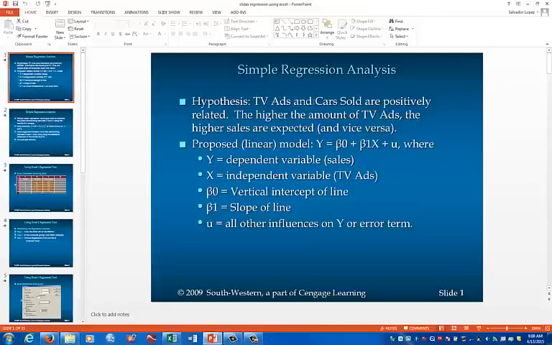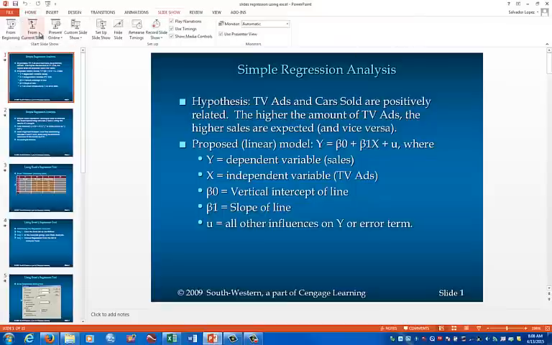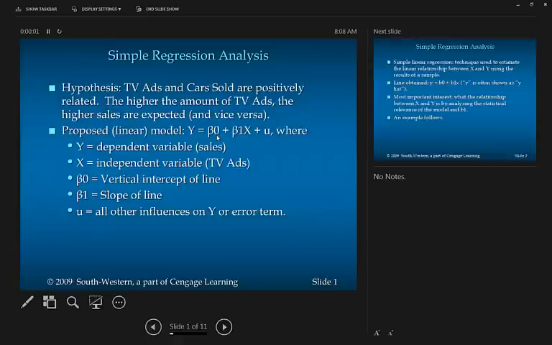In simple linear regression, we have a hypothesis that TV ads, for example, and cars sold are positively related. The higher the amount of TV ads, the higher sales are expected, and vice versa. So there is a proposed linear model, or we suspect at least, that they are positively related